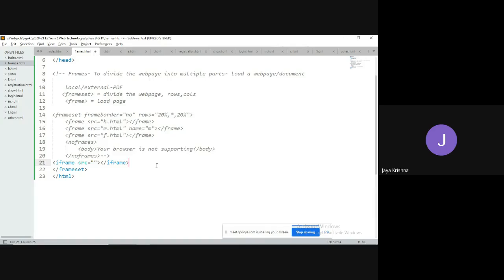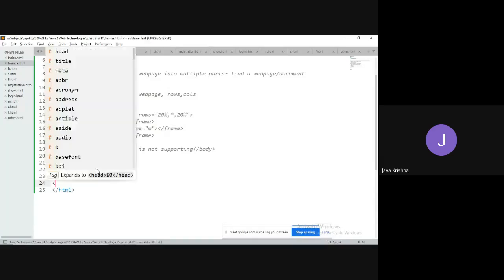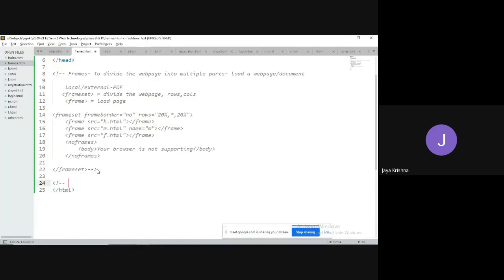I would like to conclude clearly. So I hope you understood the problem of frames. Now I'm going to discuss the next concept, iframes. Iframes means we can call it inline frames.